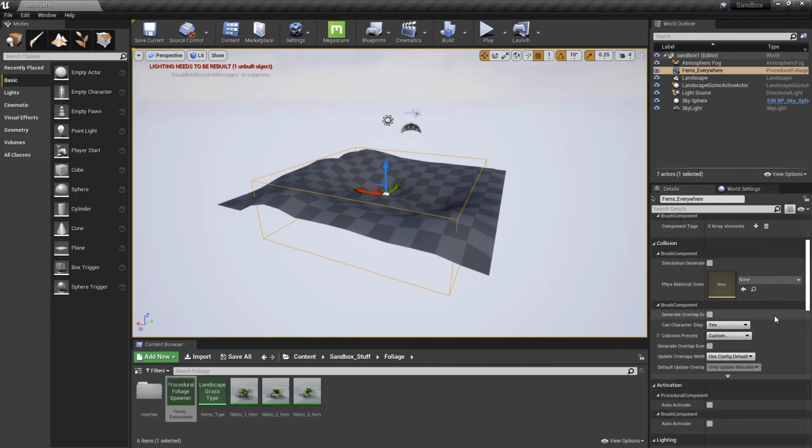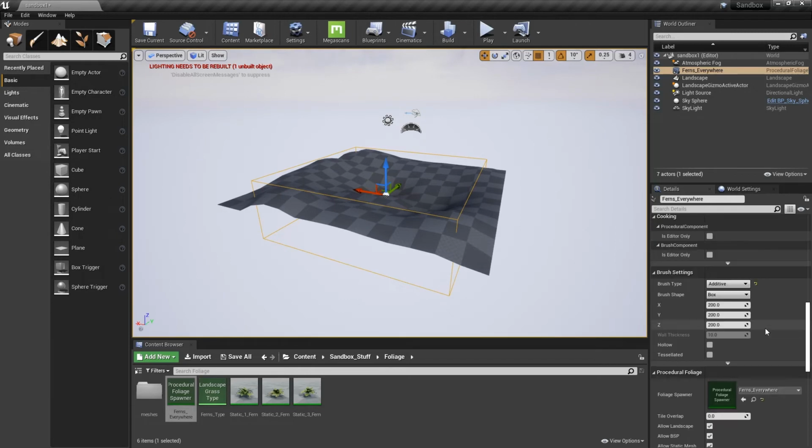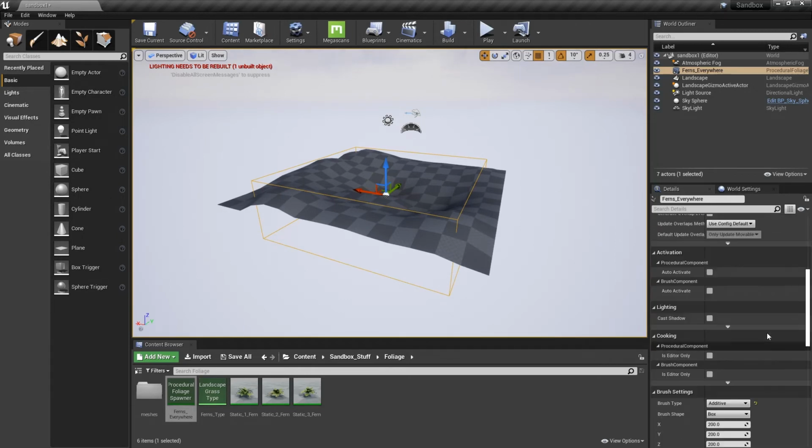Now let's look at the settings for this. There's not a lot we really need. Have I got the right one? Yeah, that is ferns everywhere. I was a little bit concerned there that I hadn't got the right one. Right, I want to make sure that